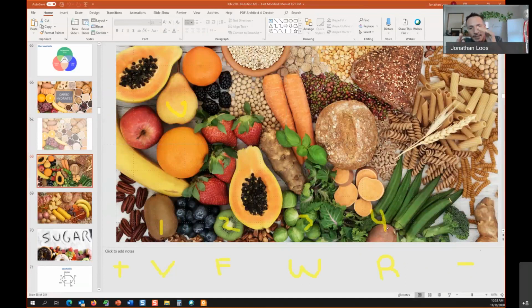The problem is it's not scaled to aspects. It's not like this is first place, second place, third place, fourth place, and this is the way that it would really be: you would have fruits and